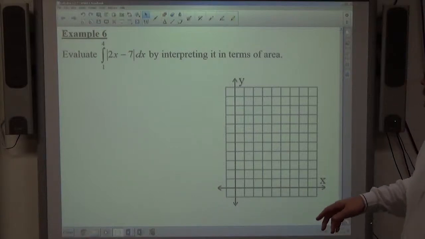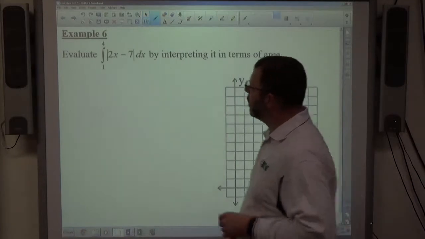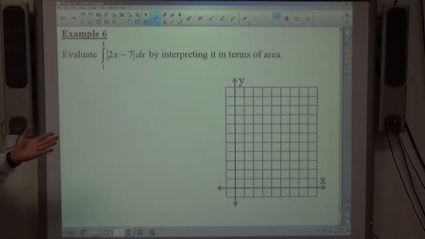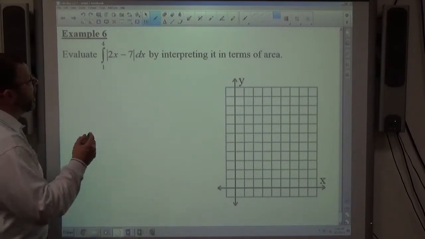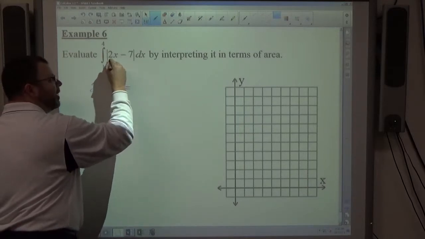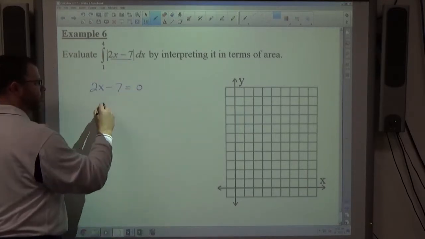Okay, the final example here in chapter 5.2, this one has absolute value bars to it. If you recall, absolute value bars just make everything reflect up above the x-axis. So if there's any negative solutions to this, it's going to reflect up to become a positive solution. And when I'm graphing an absolute value function, if I determine what makes the contents equal to 0,